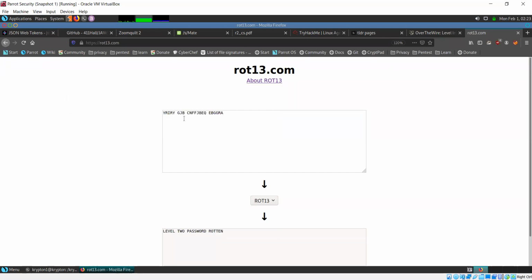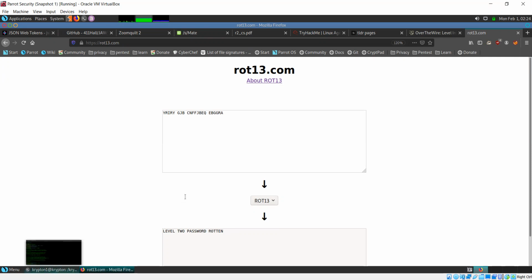And the current text is this. And as soon as I pasted this through ROT13, got the answer level 2 password rotten. So the password for the next level is rotten. That's what it's telling us.